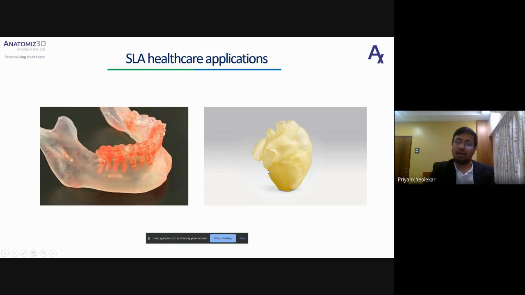So it is quite a flexible material, and you can have a feel of an actual heart in that material. So we get 50A, 70A, and 90A materials in SLA technology. These are the basic few materials which are normally used in the healthcare sector.